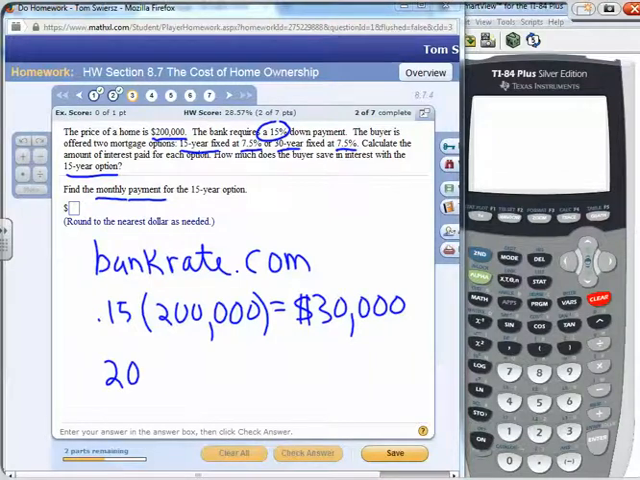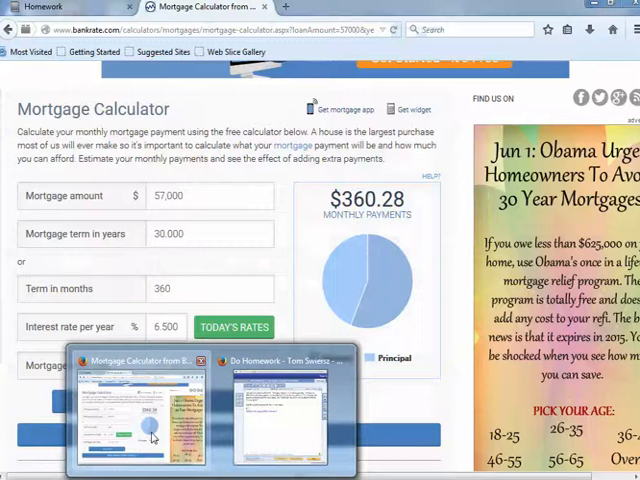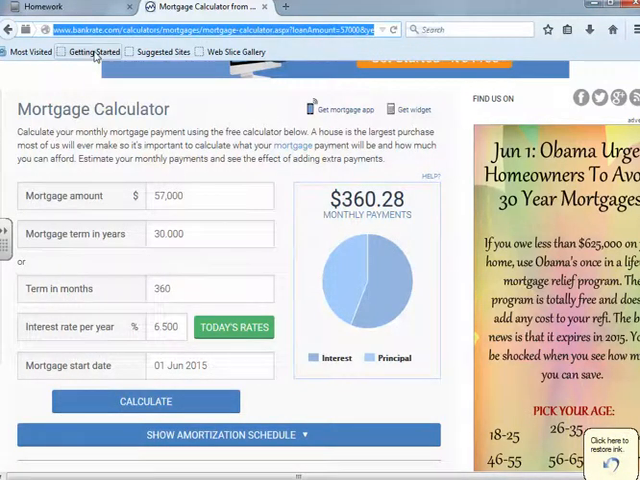So 200,000 minus 30,000 is equal to 170,000. That's the amount of mortgage. And again, this one is going to be 15 years, and it's at 7.5%. So 170,000, 15 years at 7.5%. So we'll go to bankrate.com and we'll get the correct payment. Okay, so again, if you're not there, open up the website